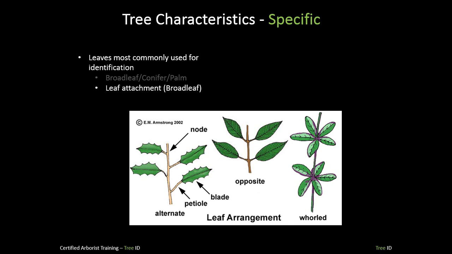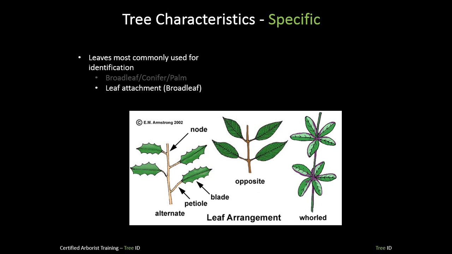And these are less common. The mnemonic would be maples, ashes, dogwoods, horse chestnuts. And you could put crepe myrtles in there as well. So when you find this arrangement, you're a step ahead of the rest, as if you had an alternate. Because alternate, there's a lot of things that are alternate, and you have to wade through a lot. But when you get to opposite, there's much fewer options, and it makes it easier to identify if you can